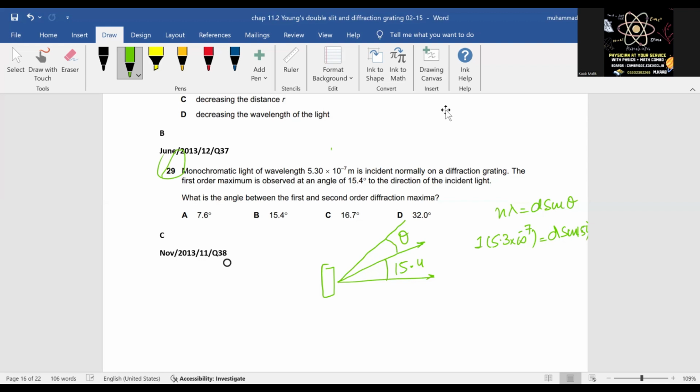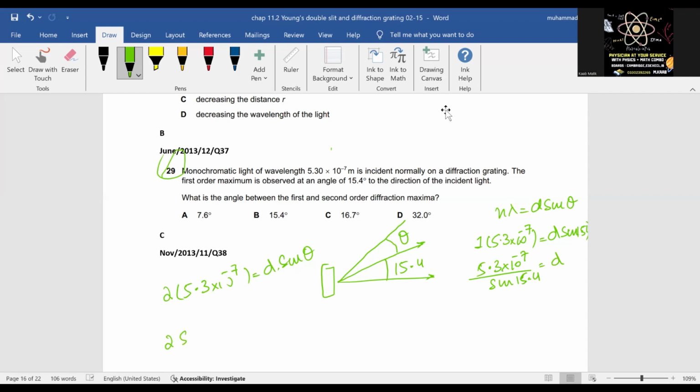अब दूसरे वाले का केस जब सेकंड ऑर्डर है। सेकंड ऑर्डर के लिए लाइट सेम है, तो वेवलेंथ सेम है, 5.3 एक्सपोनेंट -7, इज इक्वल्स टू d sine theta, में नहीं पता है। यहाँ से d निकाल लो, यानी 5.3 एक्सपोनेंट -7 डिवाइडेड बाय sine 15.4 इज इक्वल्स टू d। इस d की जो भी वैल्यू आएगी उसको यहाँ सब्स्टिट्यूट कर दो।